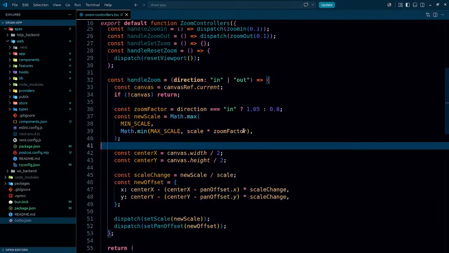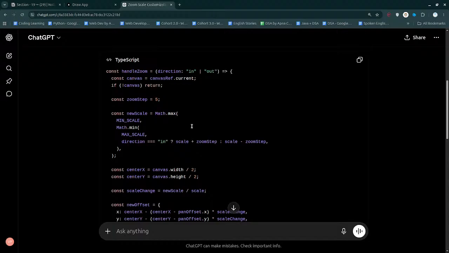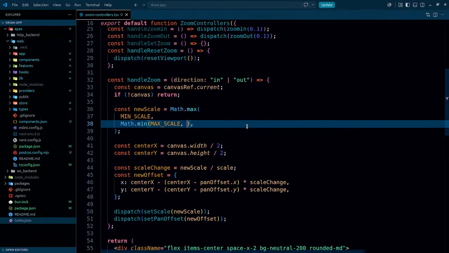In that case, instead of using the zoom factor, I can just simply delete the zoom factor. Rather, I'll say that if the direction that I have is triple equals to, in that case the scale that I have plus 0.1 I'll add, otherwise the scale that I have will be subtracted. So scale minus 0.1, that is it. And now if I try doing this,